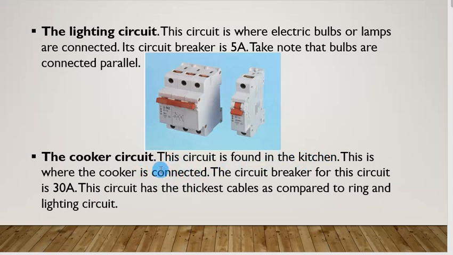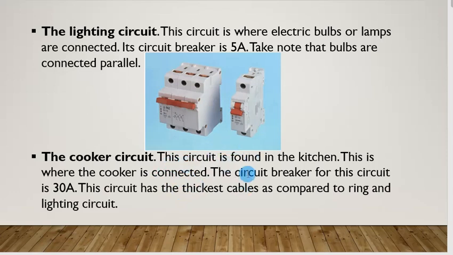In old houses, those houses which were built by government a long time ago, like for the council, you would find that in the kitchen where you are supposed to connect the electric stove, there is a pipe or a conduit running from the wall, and there are 3 cables there. There is a live, neutral, and earthing. Those cables were thicker than any other cable in the house. So that is where you connect your electric cooker.